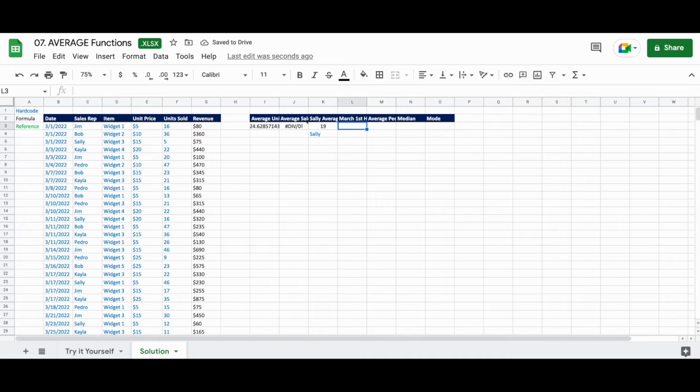Okay, so on to scenario 2, the average widgets per order in the first half of March. So let's go to cell L4, and we'll do 315.22, and then we'll go to cell L3 and do equals AVERAGEIF, open parentheses.